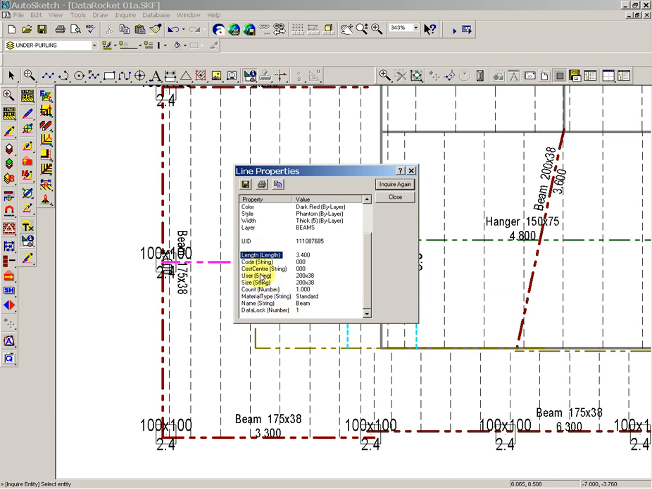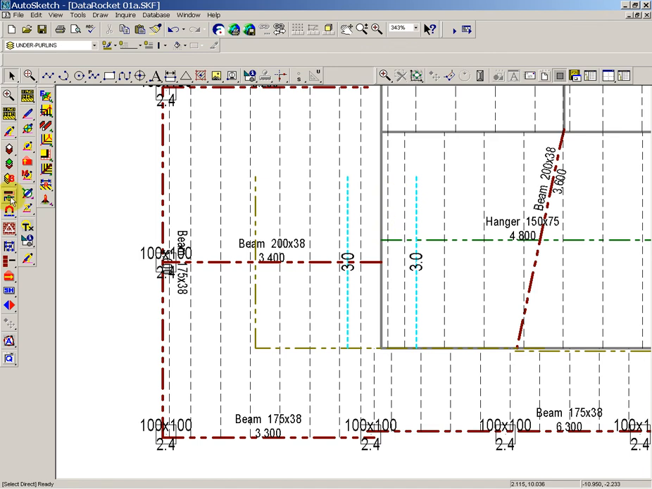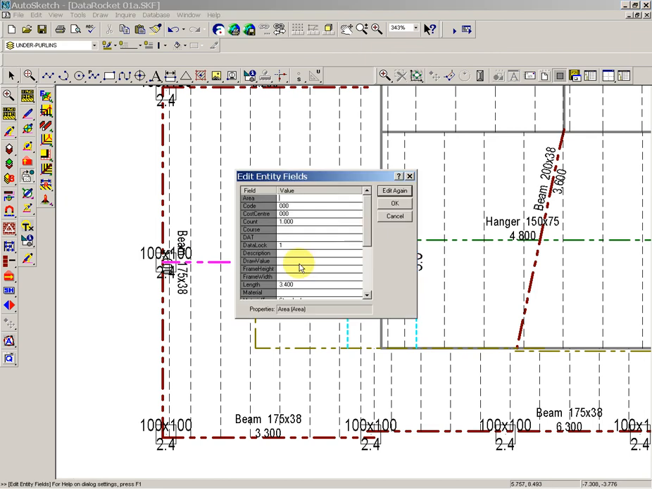So we have length and code and user string, data lock, all the items which are used. Now if we want to change any of these, the easiest way is to go to underneath the manual override tools, edit entity field. I could click on a beam, say, and we could change the size of the beam, and that would go through to the database once it was exported out. So if I change this beam to a 200 by 50,